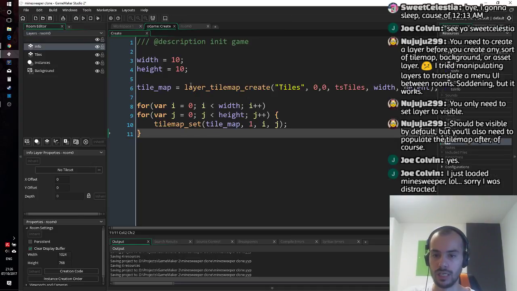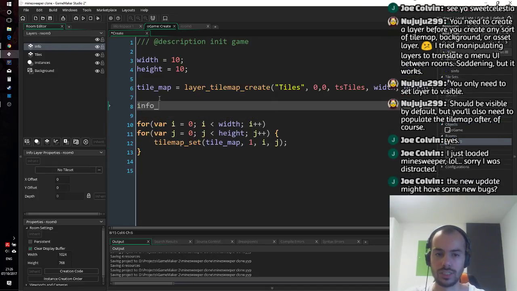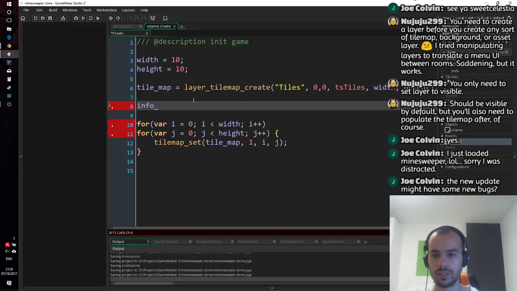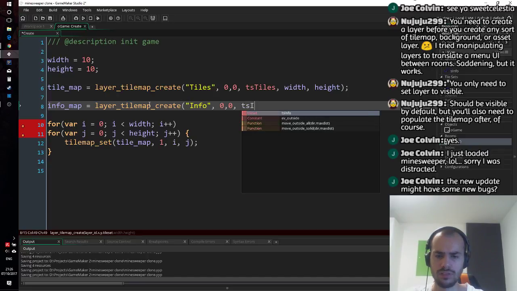Again, in these sorts of streams, I don't tend to care too much about what my naming is. Layer, tile map, create, info. The new update might have some new bugs. What, of Minesweeper? I found that hard to believe. TS, info,